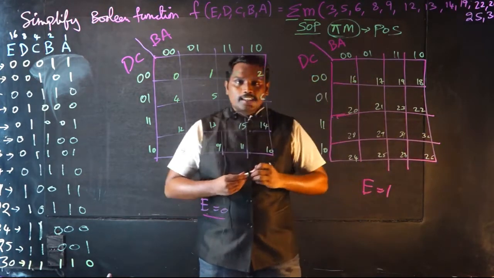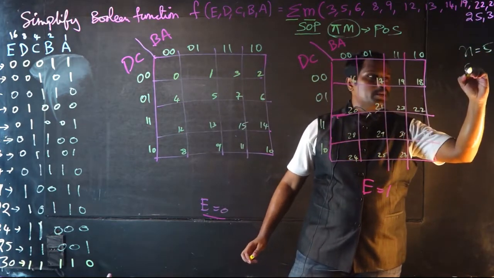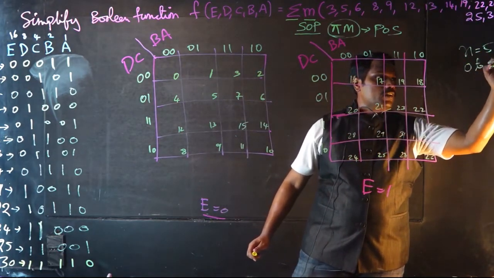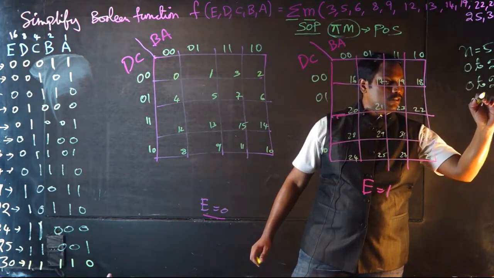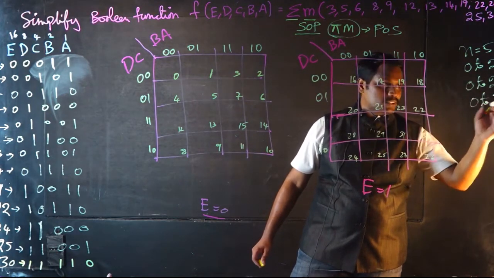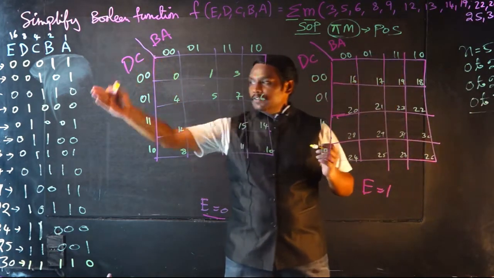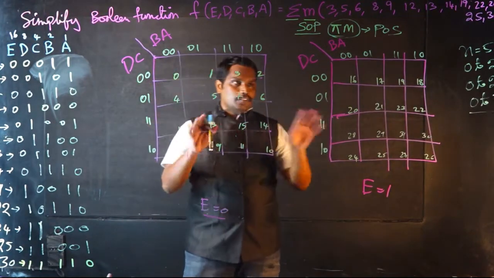You can see that for the 5 variable Karnaugh map, n is equal to 5. So it will be 0 to 2 power n minus 1, which means 0 to 2 power 5 minus 1. 2 power 5 is 32, 32 minus 1 is 31, so 0 to 31. That is how you represent the binary forms. Now the positions are ready for the Karnaugh map.